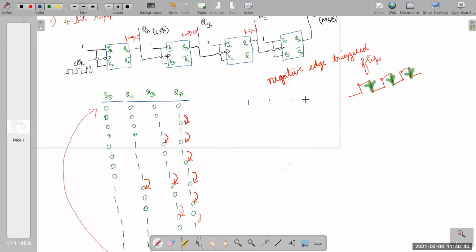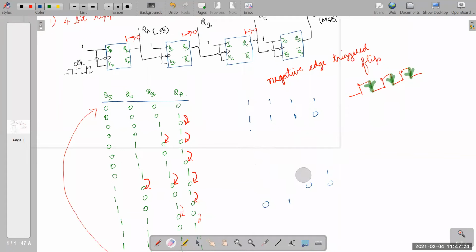So it will be 1111, then 1110, then 1100, then 1011, then 1010, then 100, then 9, 8, 7. This is 15, 14, 13. I missed out.